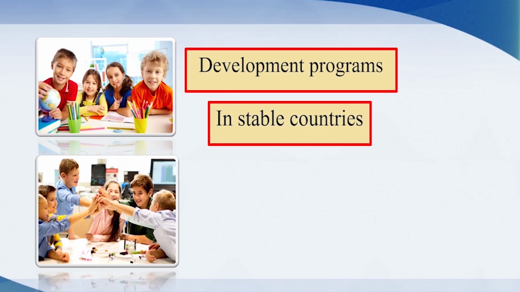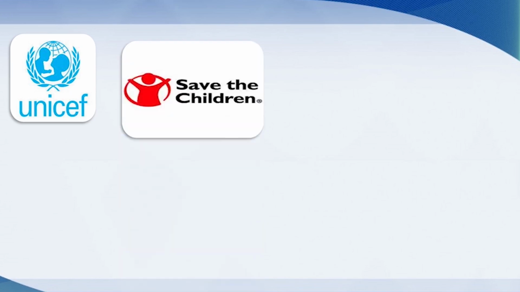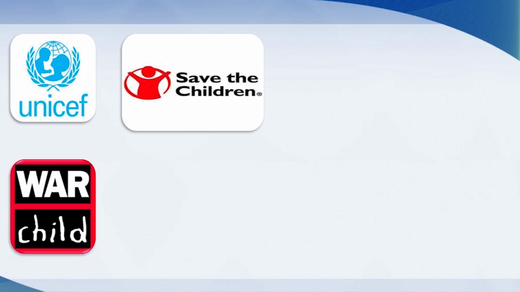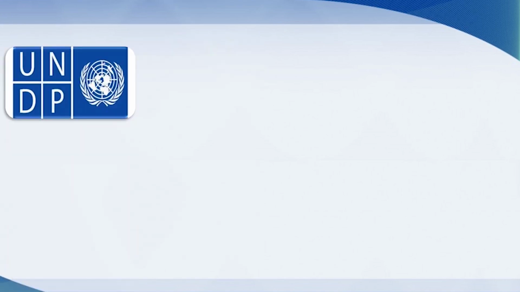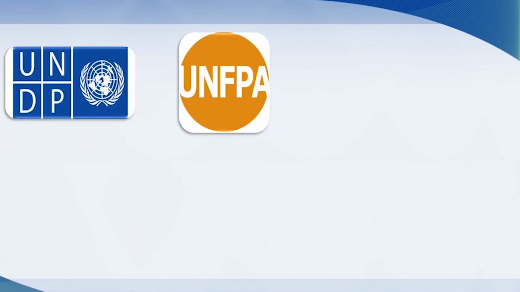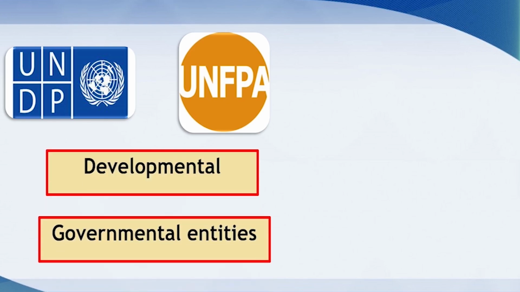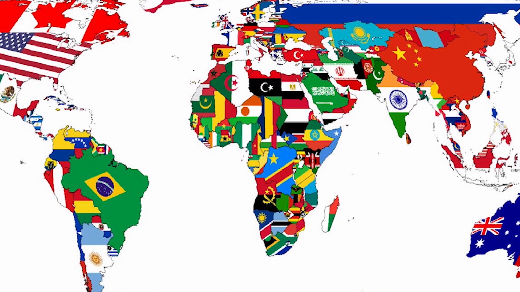Some of these programs were designed by UNICEF, which works for children in all or most countries around the world. Also designed by organizations such as Save the Children, International Rescue Committee, War Child, also United Nations Development Program, which is another UN agency that works in all sectors including women and girl services. No doubt these programs are implemented according to the situation and needs of regions, countries, and cities.